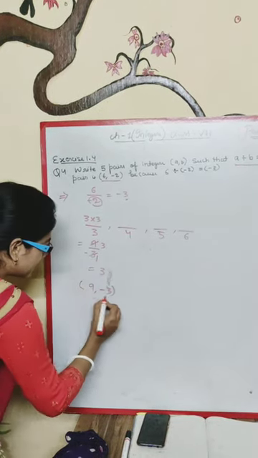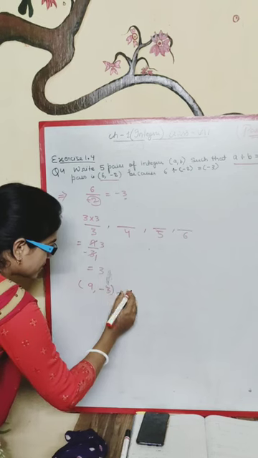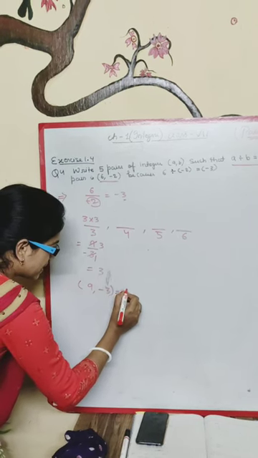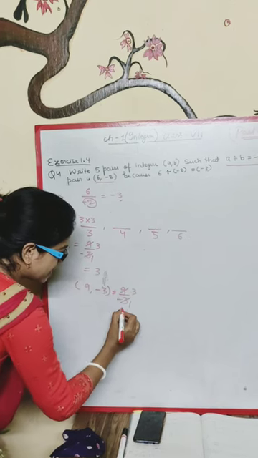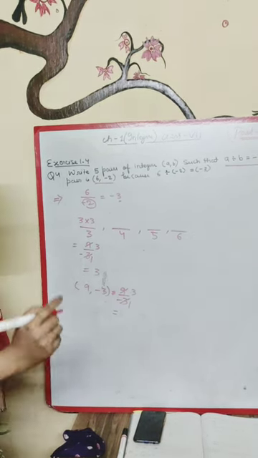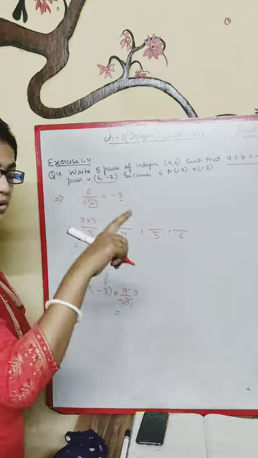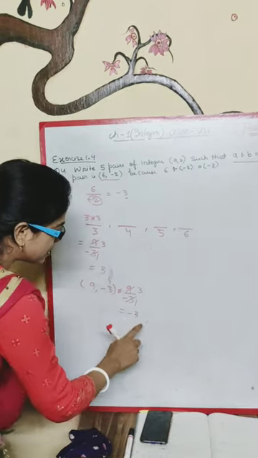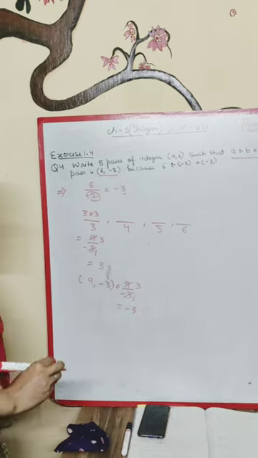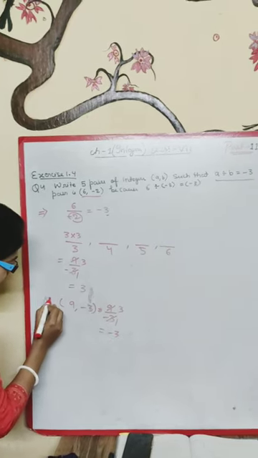Another pair, you just see, I'm just solving this. 9 by minus 3. 3 ones are 3, 3 3s are 9. This denominator's negative sign will go to the numerator. Here it will come. So the answer will be minus 3. So this is the first pair.